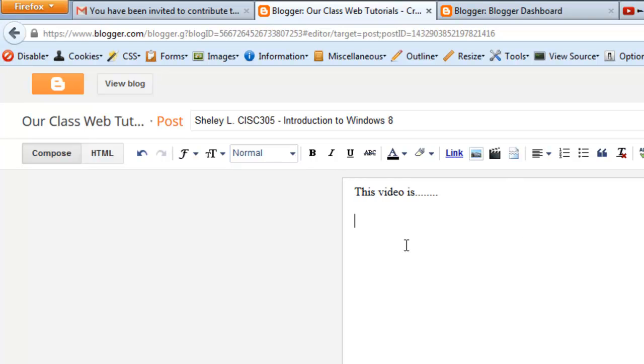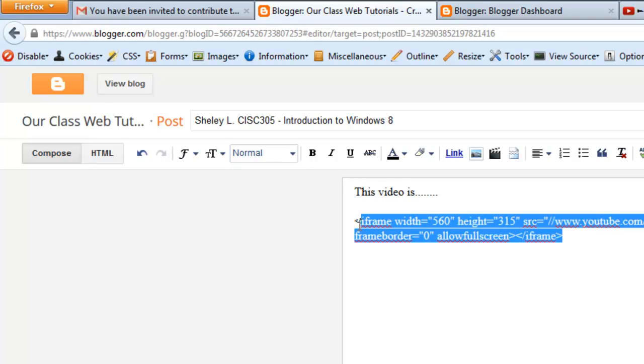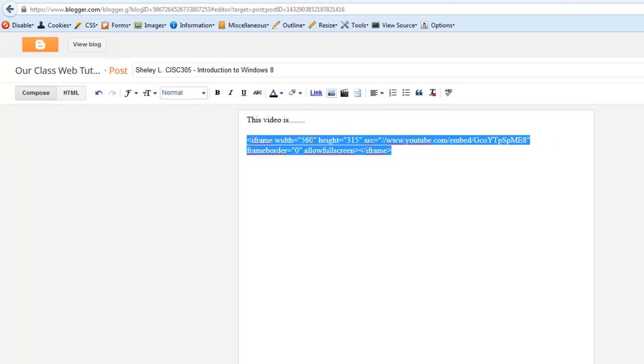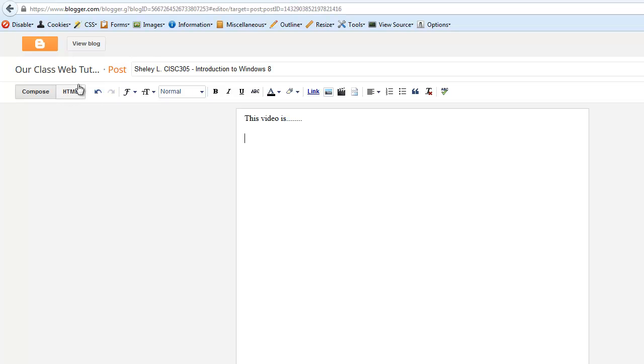Now this is where it's really important. When I'm in this compose view, if I just paste that code that I grabbed off of YouTube to be able to share this video, this will not make the display of the video in my blog. My user would only be able to see this code right here. So what's super important here is that before I paste that HTML code, I need to go to HTML mode,